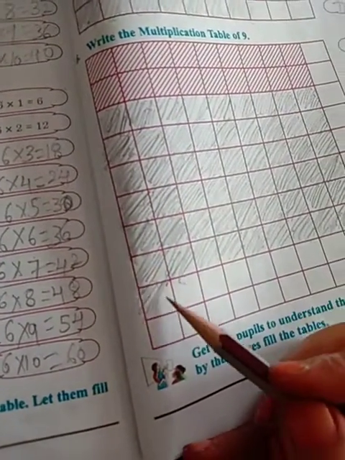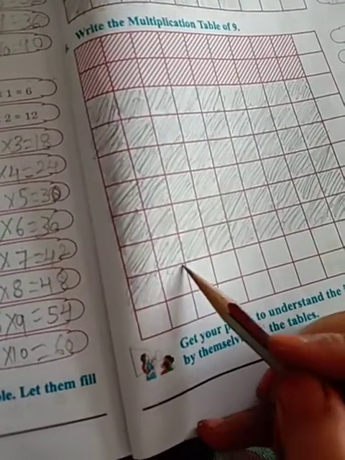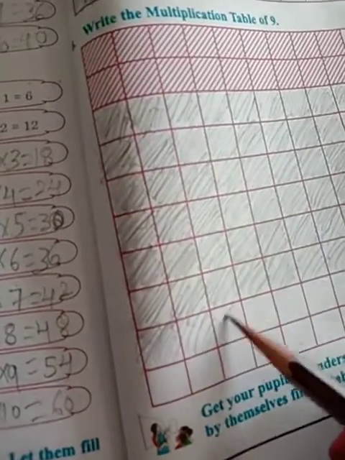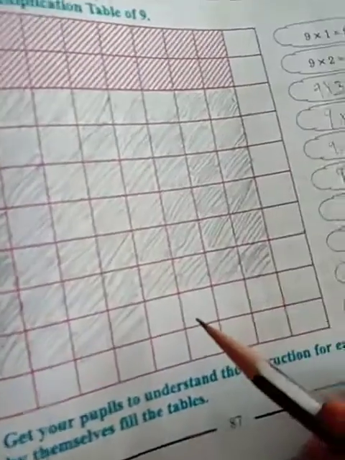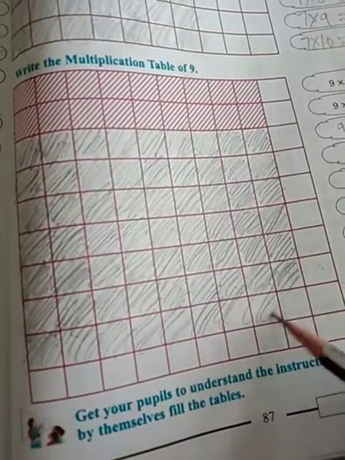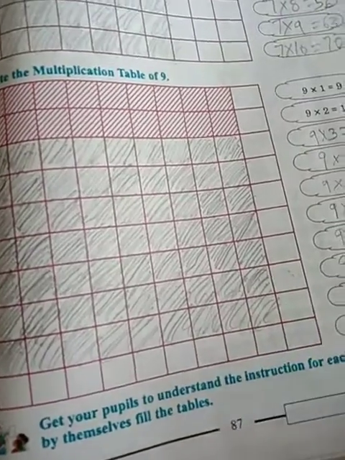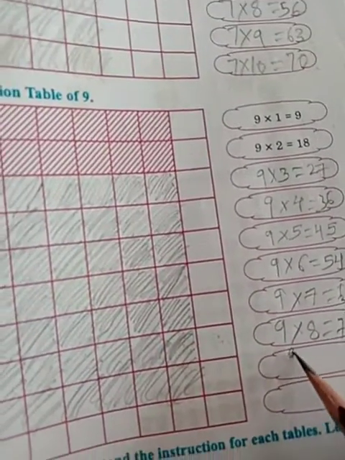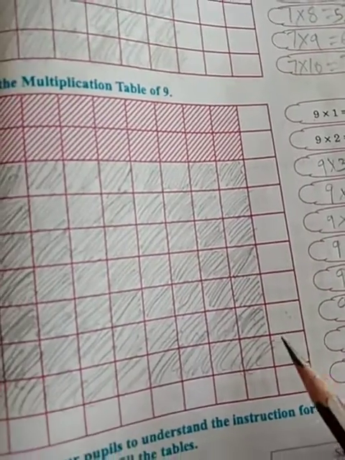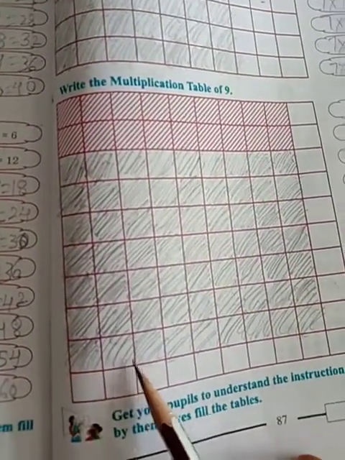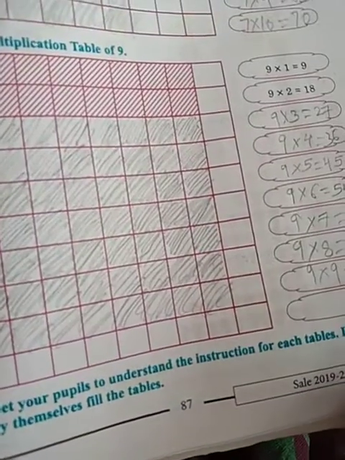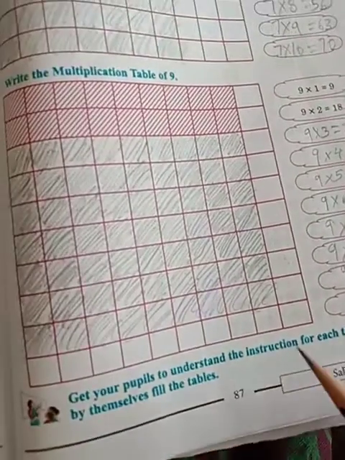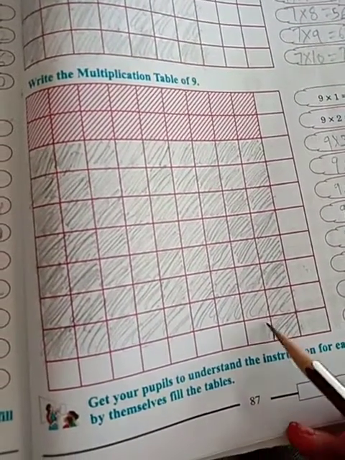Next. Shade it children. Next 9 boxes will shade. See here, 9 times. 9 9s are. 72 completed. 73, 74, 75, 76, 77, 78, 79, 80, 81. 9 9s are 81. Last one here.